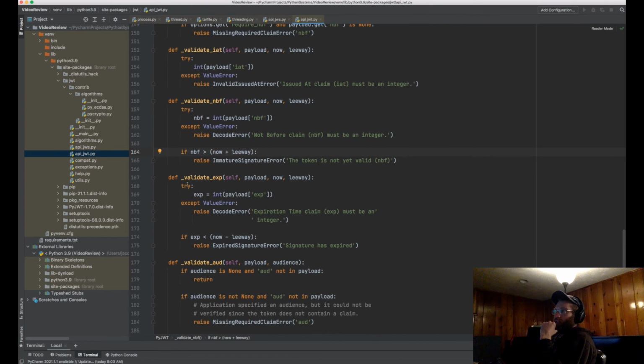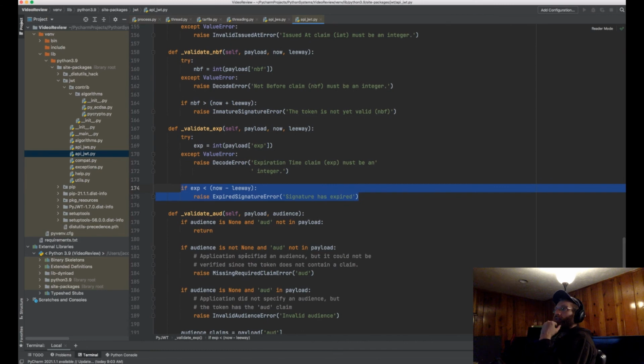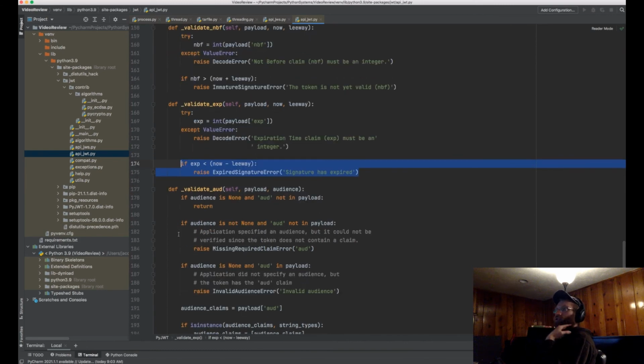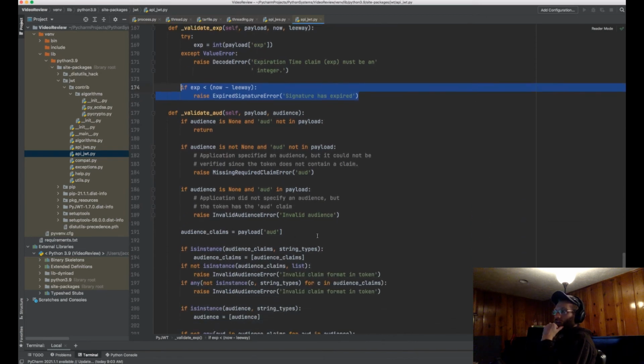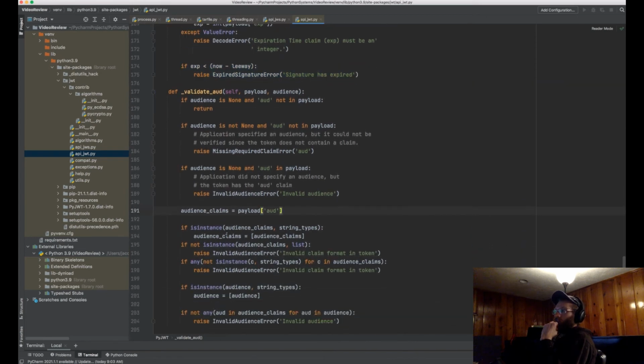And the validate_exp is the same thing. Make sure it's an int, but make sure it's the reverse. Make sure that it's before now minus the leeway. And the audience is basically just, you check to see that it's there. And if it is there, if it's a string type, you put it in a list. If it is a list, then say